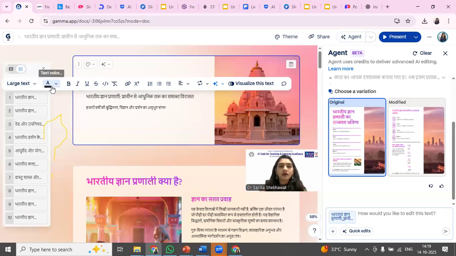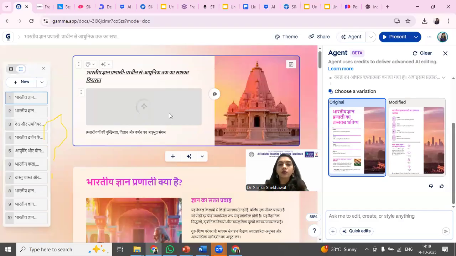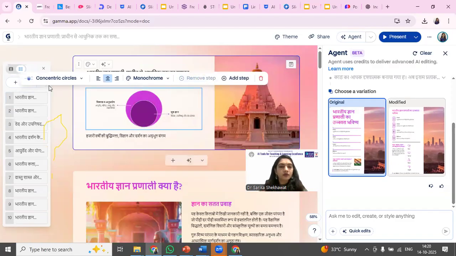It's a complete formatting bar where I have bold, italic, underline, right? Whichever text you want to visualize, you don't want that particular one, you wanted to visualize this particular text. You wanted to add the images related to this particular text. So I've selected that particular option, that is the last option, right? You don't want this one, you can remove that particular